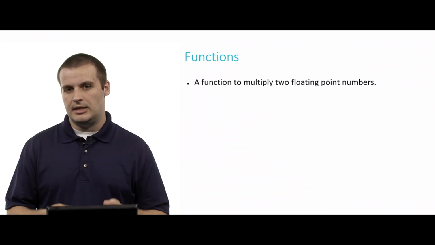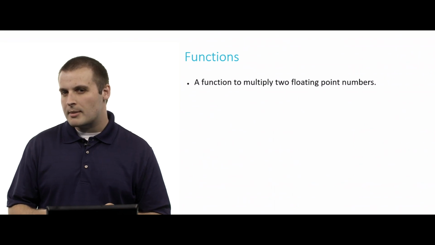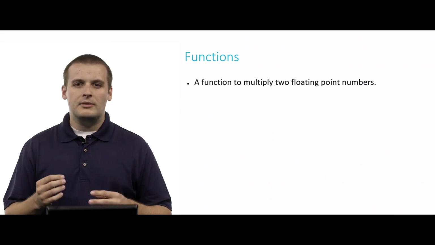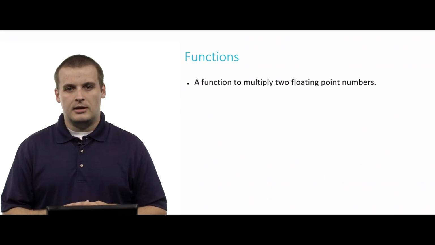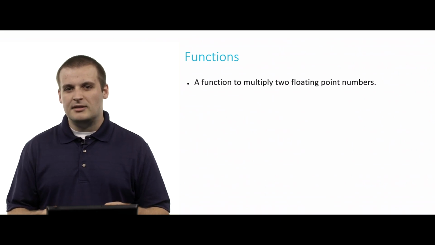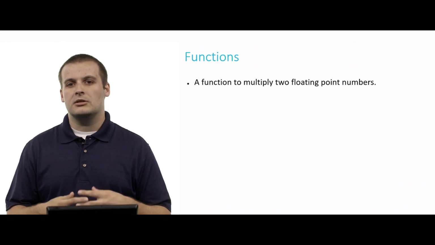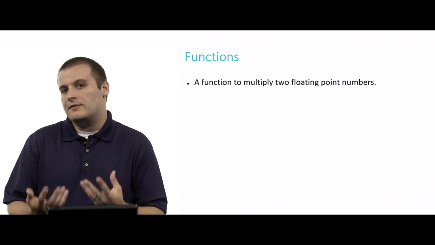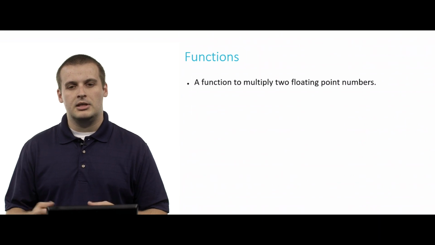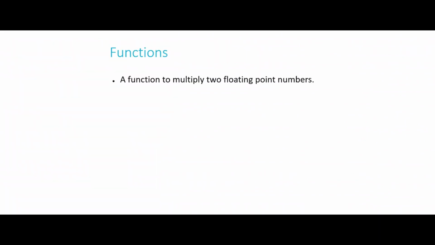Why don't you take a second to think about this one? How would we write a function declaration for a function that multiplies 2 floating point numbers? Do you remember what a floating point number is? What would this function declaration look like? I'd actually recommend that you pause the video here and take however much time you need, really. Think about what this function declaration would be. What would the return type be? What would the meaningful name be? What would the inputs be? So why don't you pause the video here and write up a function declaration for a function that would multiply 2 floating point numbers together.